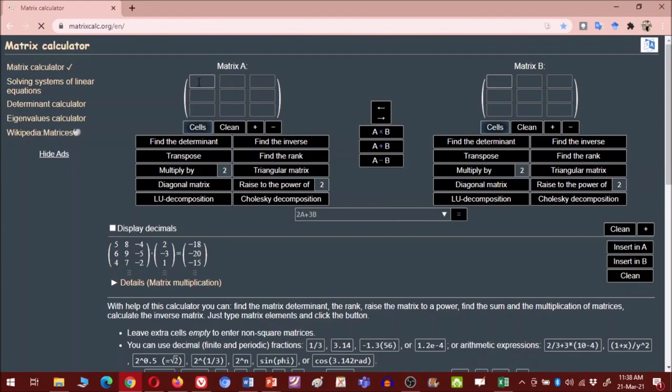So for that, as we all know, we can find Cholesky decomposition for only positive definite matrix. So let me take some positive definite matrix. I already have one positive definite matrix with me, so I am entering that data. So 12, 37, minus 43. So you can see how you can add this data. You can use tab also to switch between these cells.